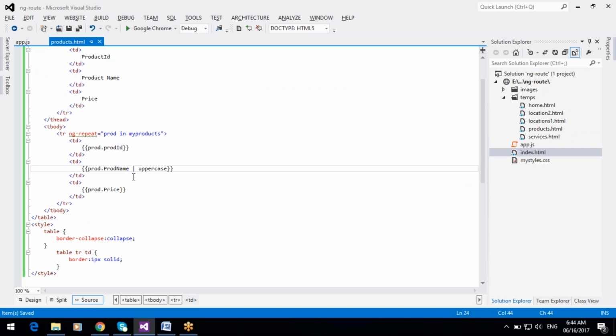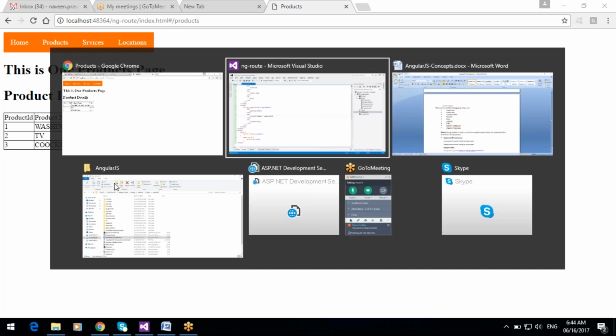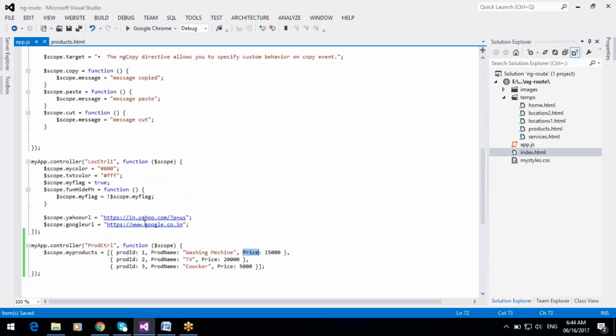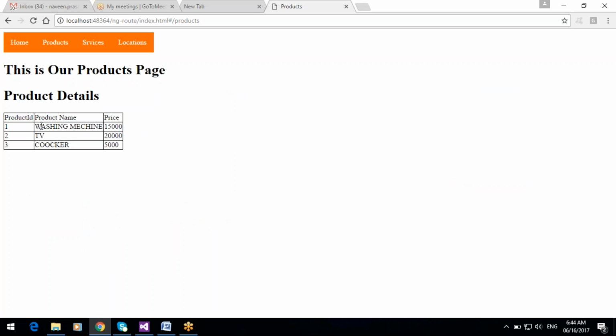So all product names will be in uppercase. We have these given product names in small letters, but they display in uppercase.